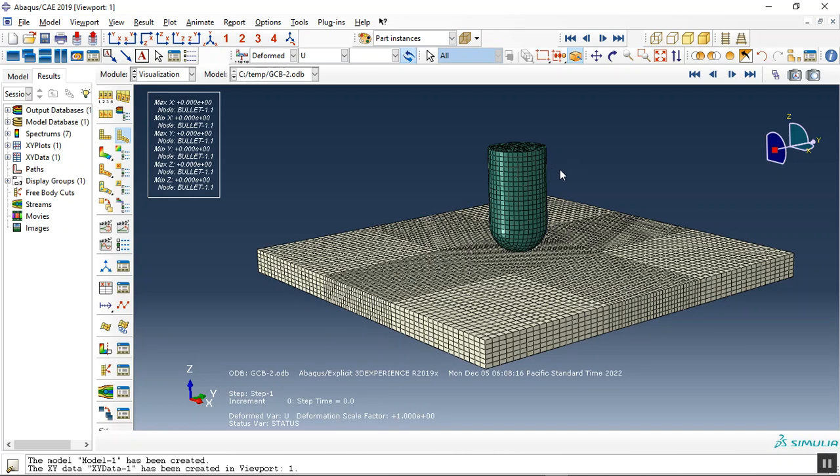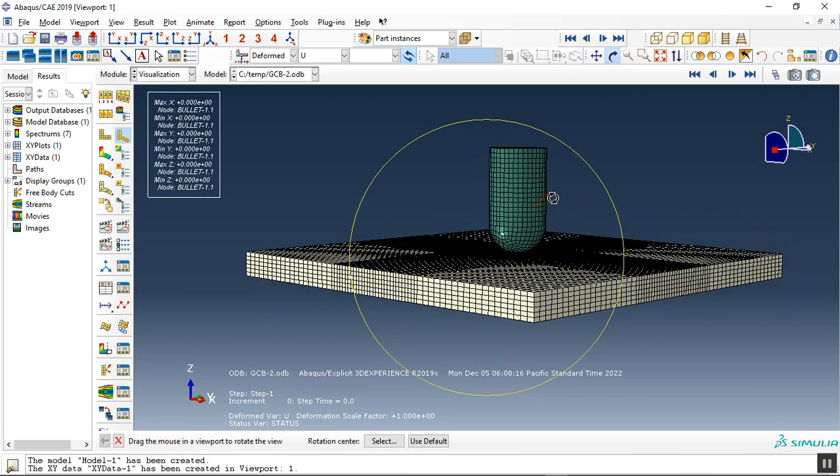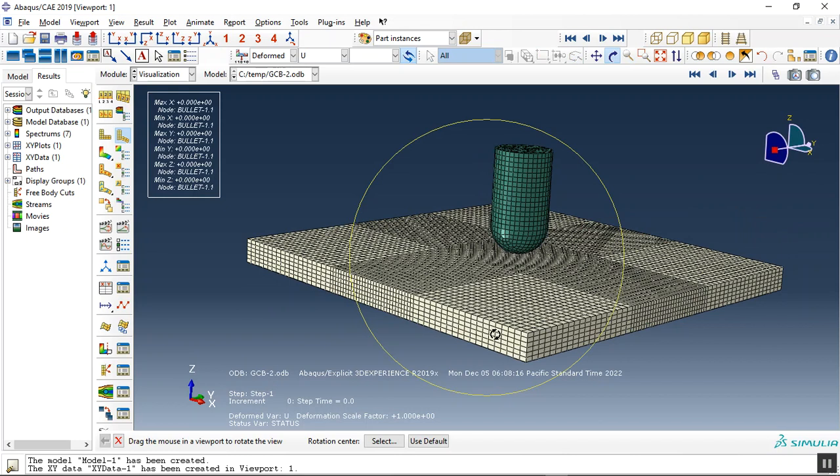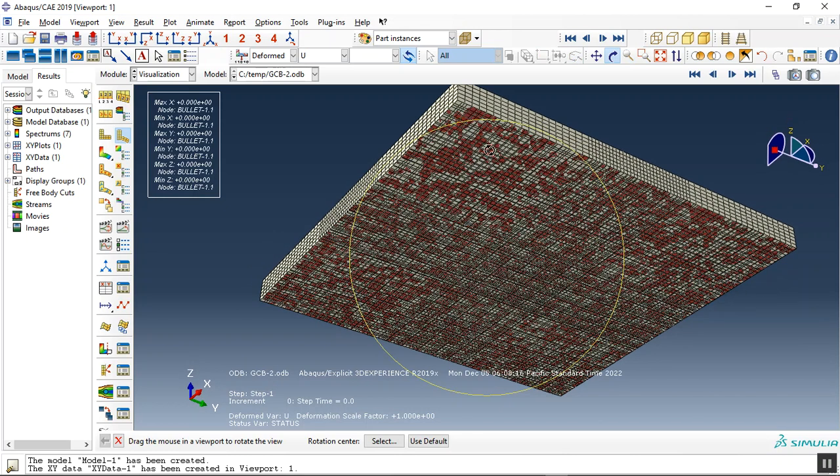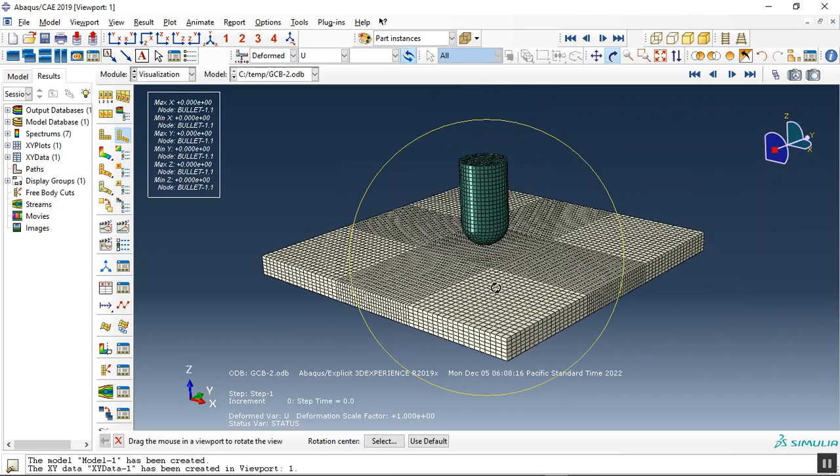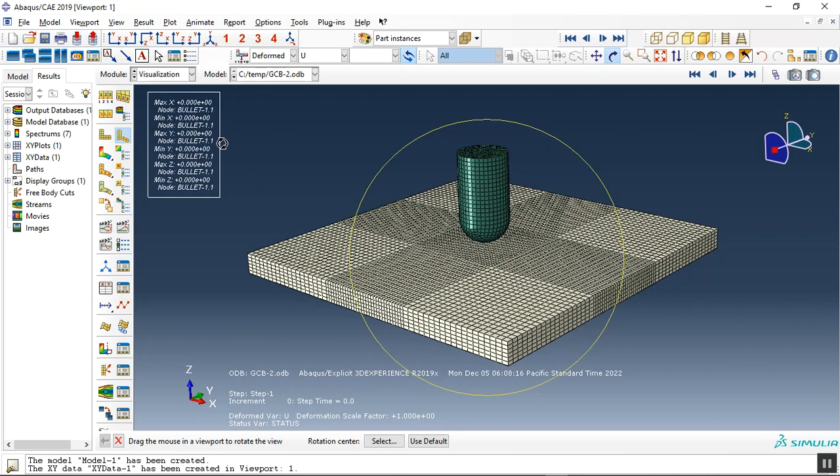Hope you are doing well. Today I did a model of the high velocity impact of a steel bullet to the armor plate. This is the ceramic, and here at the back we have the green composite with 8 or 16 or more layers as a reinforcement for the ceramic. So if I click